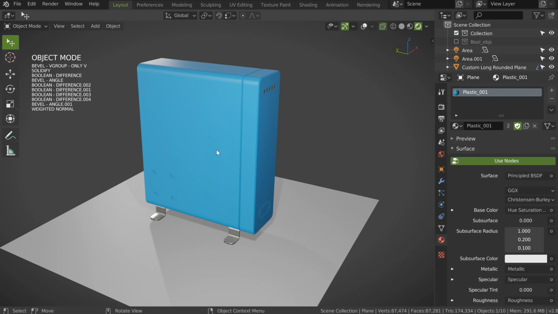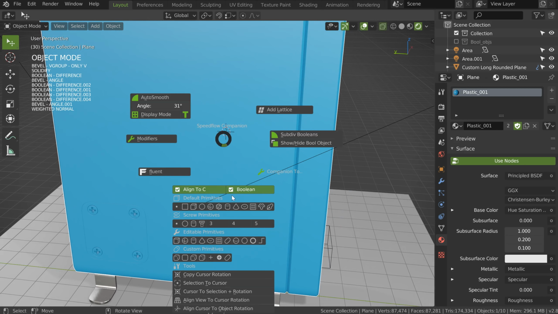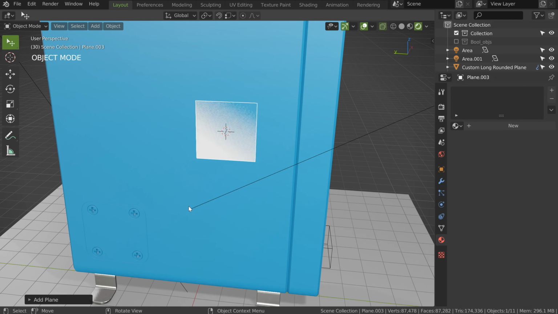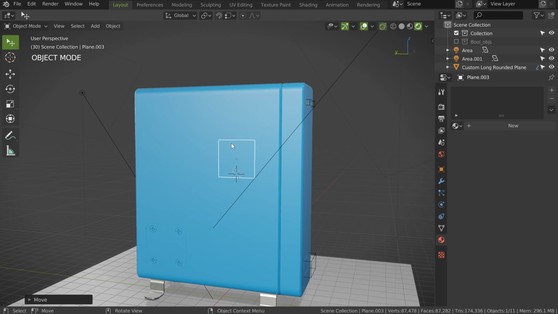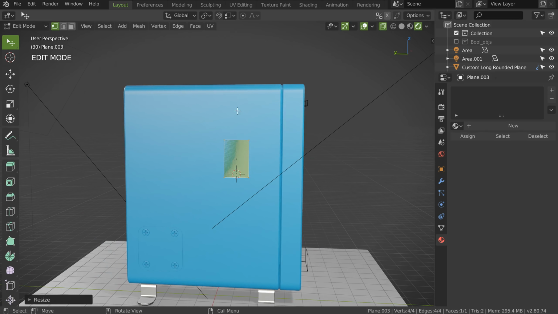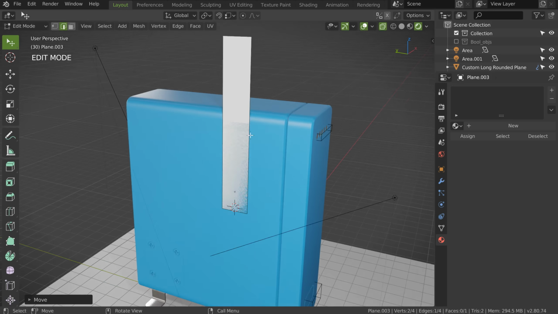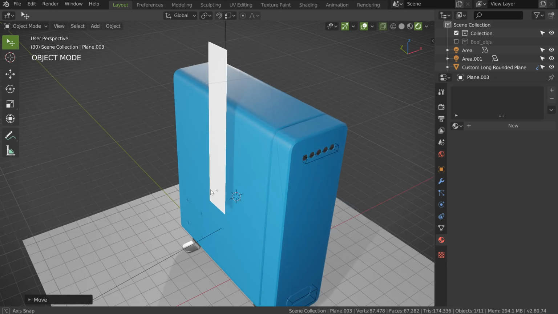Now we will make the side part. So, I will select this one. I will press Shift RMB, not LMB, RMB. I will remove the boolean, and I will just click this. That will give me this result. I will maybe move it here. In edit mode, I will make a scale. I will just take this one here. I will try to follow the original. So I will move this one here, like that.